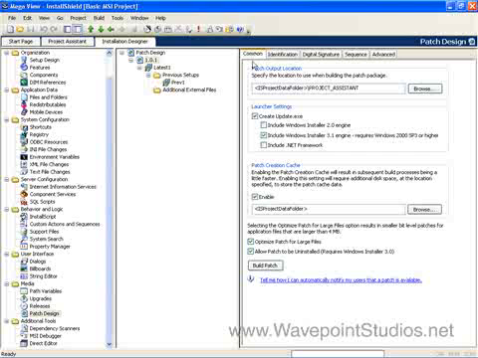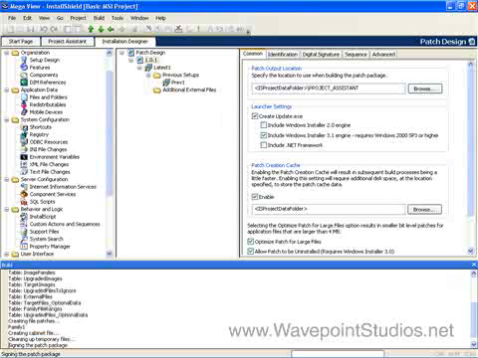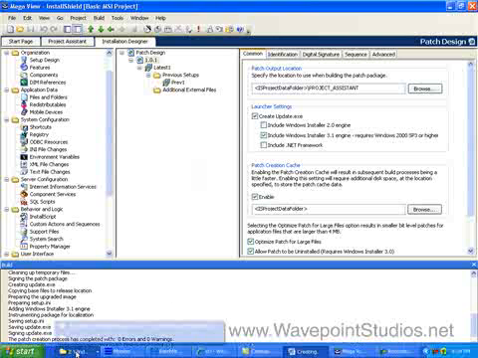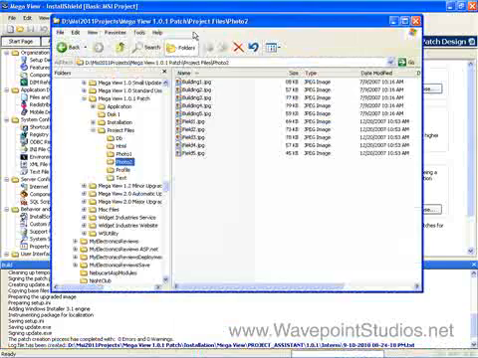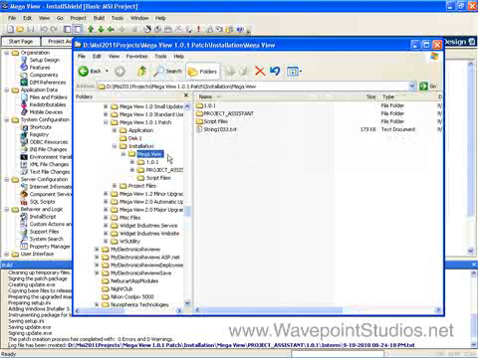Now we're back on the Common tab, and the only thing left to do is to build the patch. Then we'll look in the folder and I'll show you where it stuck it. It stuck it where we told it to. There's 0 errors or warnings. Let's get to the proper folder here. Okay, here's the installation. MegaView